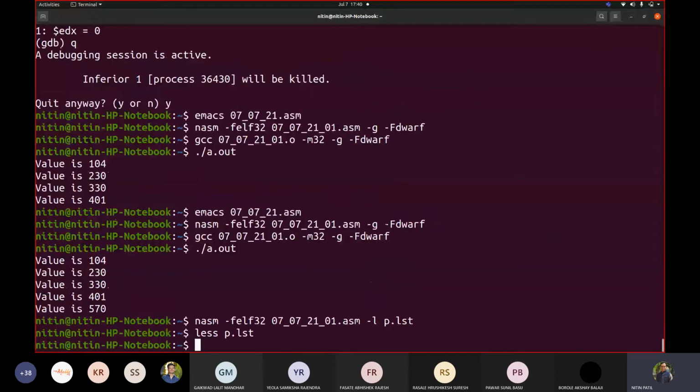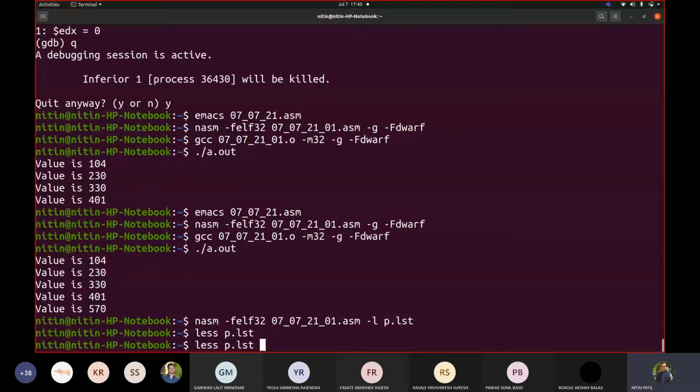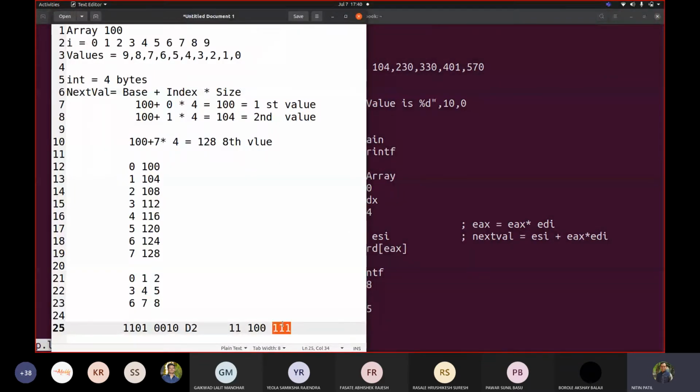If I write E7 in the way that we saw earlier, what is E7? E means what? 1110. Is this E? Because F would be all ones, correct? And 7 is 0111. Now let me differentiate this. Correct? So it would be like this. Now the register that I have with mul, what is that register? Let us check. EDI. EDI is the last number. That's why this is EDI here.